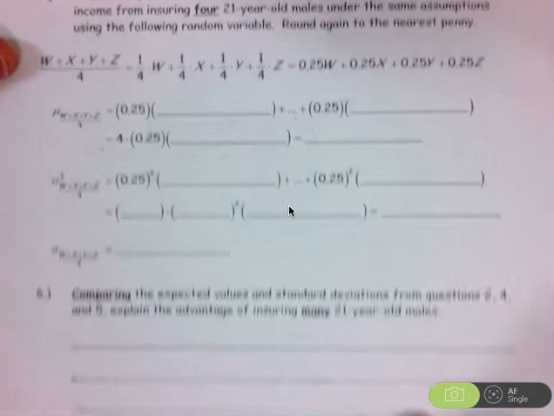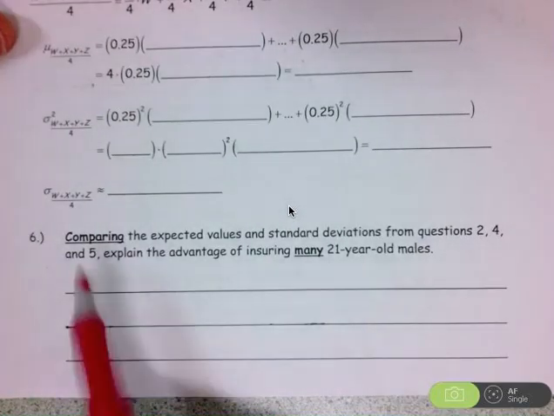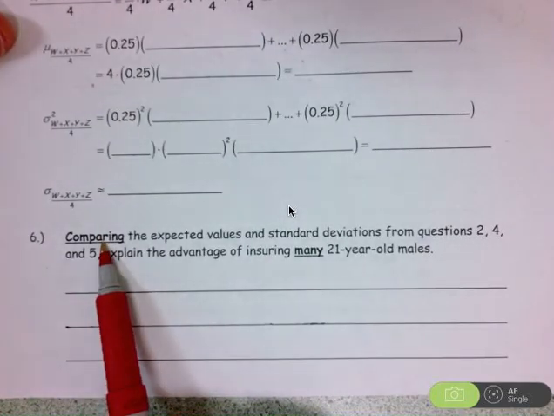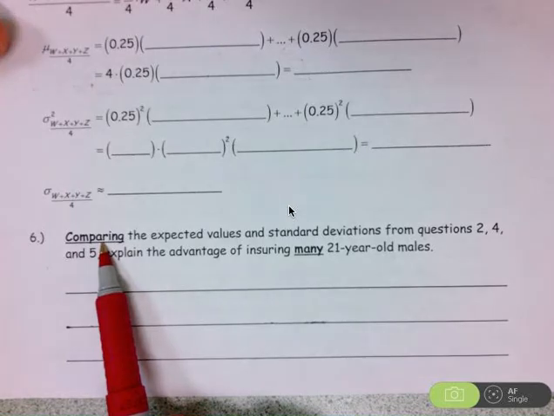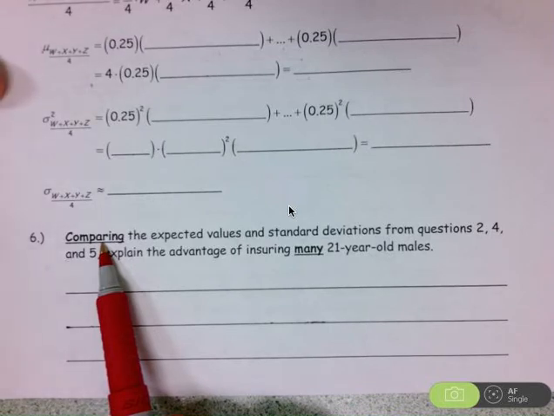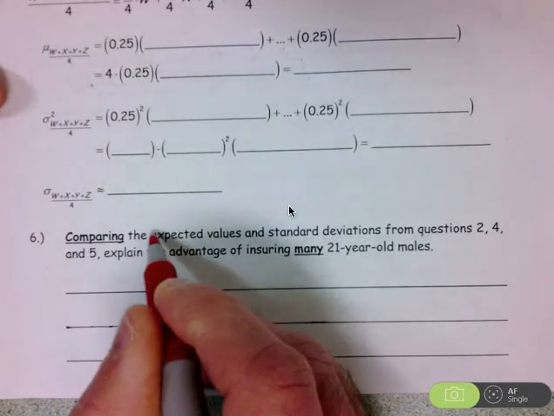And then question 6 has an important word in it that is comparing. So a complete answer here will compare 2 things. You should use a comparison term: greater, less than, higher, smaller, equal. You have to make a phrase or a statement using comparison terms. And you want to compare the expected values